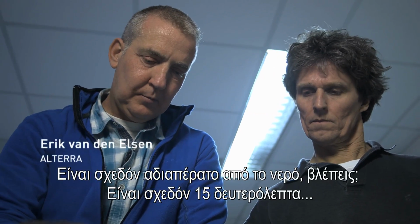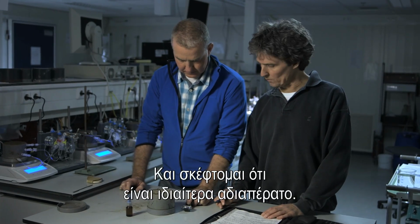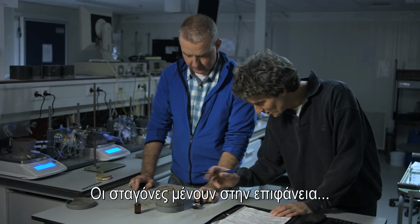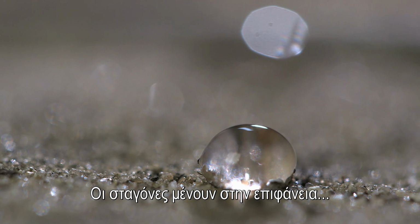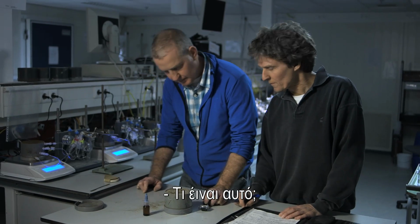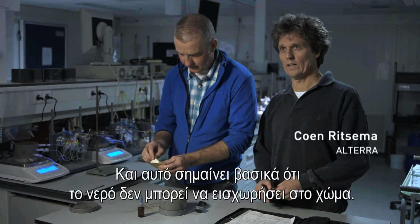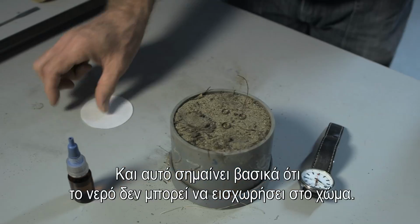Spread water repellent. You see, it's already 15 seconds. And I even think it's extremely water repellent. The drops are remaining on the soil surface without any movement. So what's this? This is a hydrophobic soil, and that basically means that water is not able to infiltrate